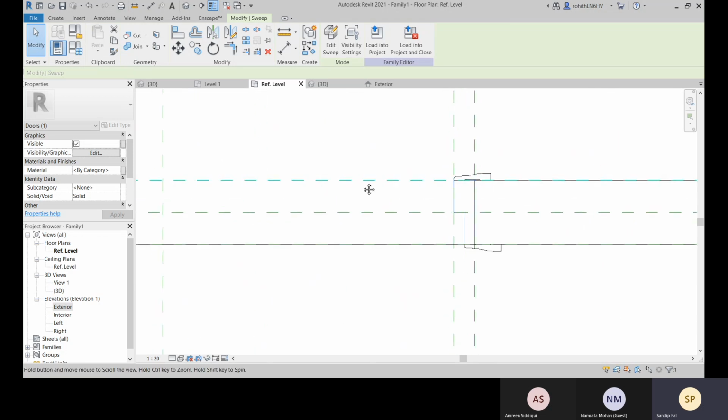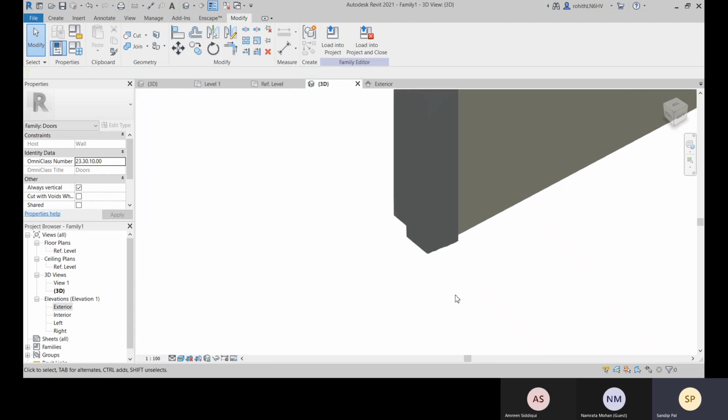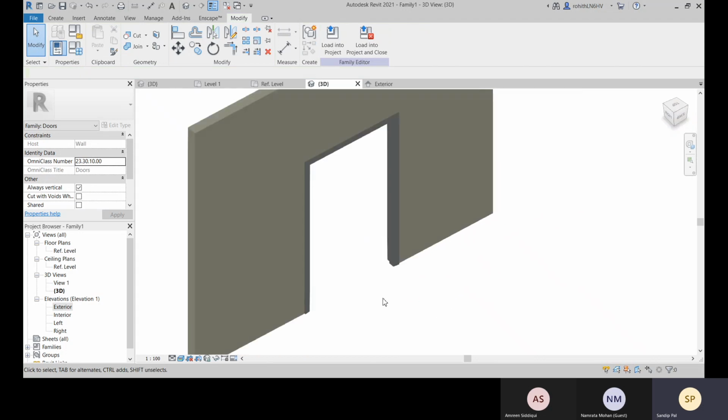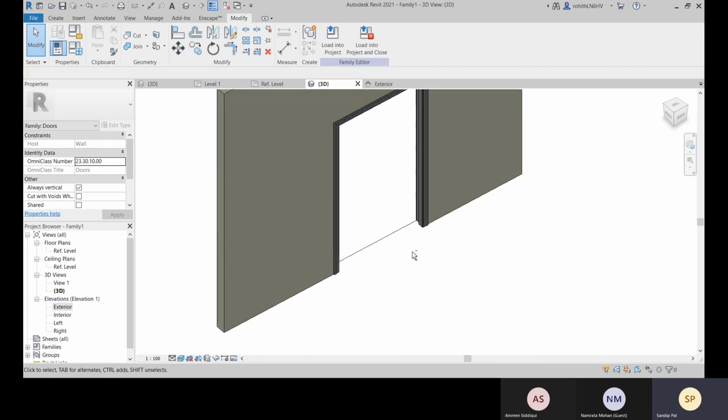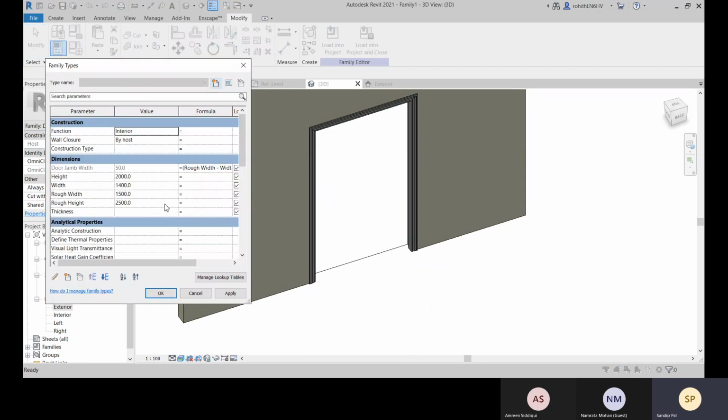This is also applied to this side. Change the parameters and let's see. Yeah, it is applicable.